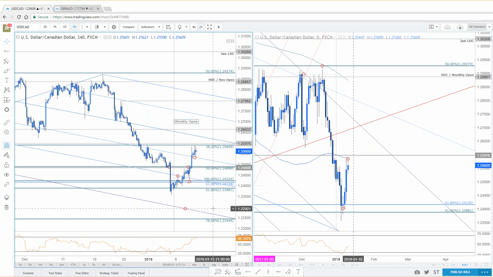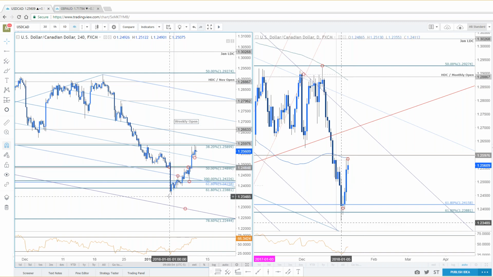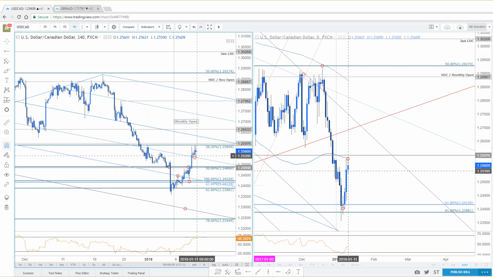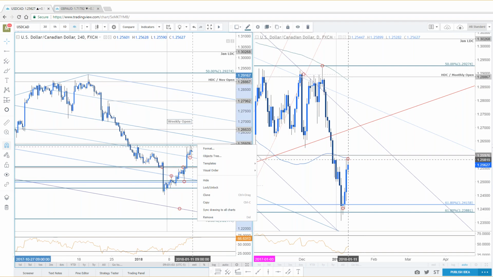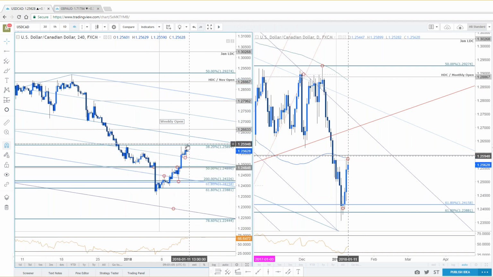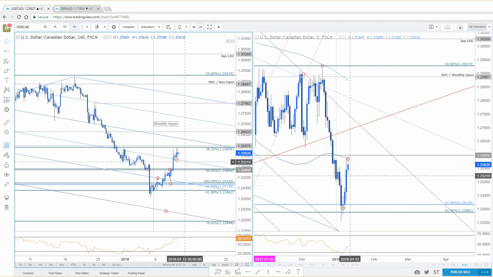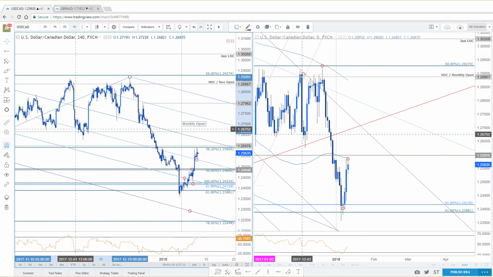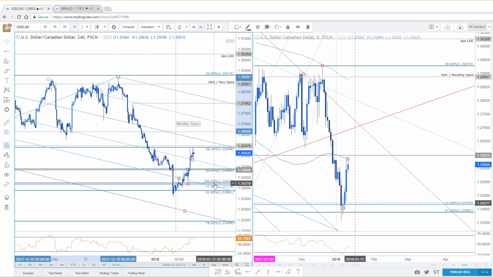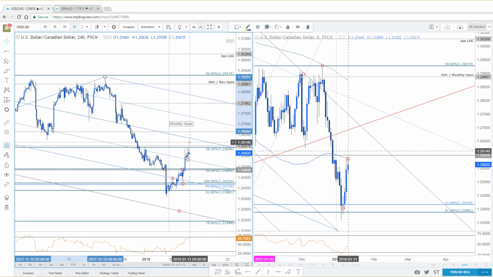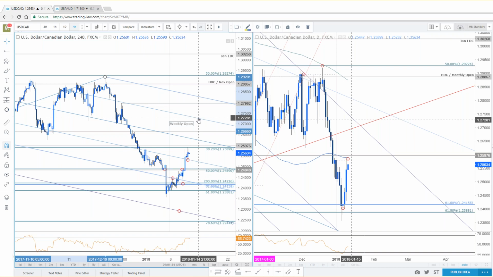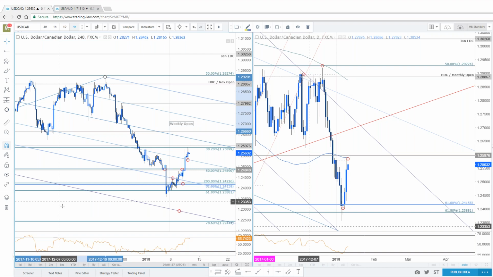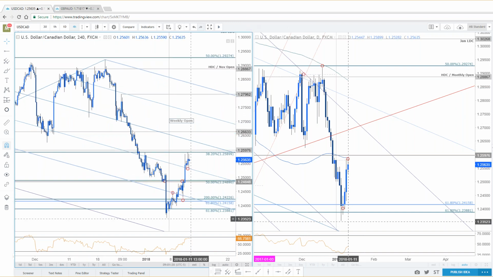Dollar CAD, any questions? I do like the approach. We were looking to play the rebound off of this clear structure that we were talking about last week. But for me, this was the last thing to play on the upside. So right now, I need a little bit more definitive price action. Either we rebound back below the 50 line here and look to play the extension back to 1.2420, or if we break higher, it's still not a buy. You need to wait for the pullback in such a scenario, but you'd be looking to play up into the 1.2660s, and then the median line comes in somewhere around 1.2730. Questions on the loonie?